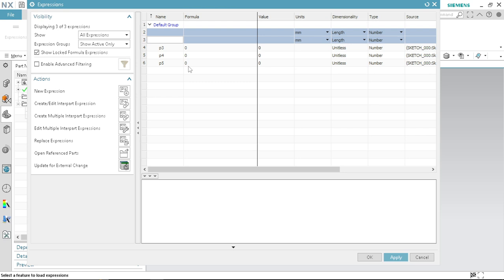In that I will put width. In the formula section I will put the number 100. Right now I created a width expression. Then I will create a length expression. Length. In the formula section it should be twice the width. So I will put 2 times width. It automatically comes as width. Okay. Then apply